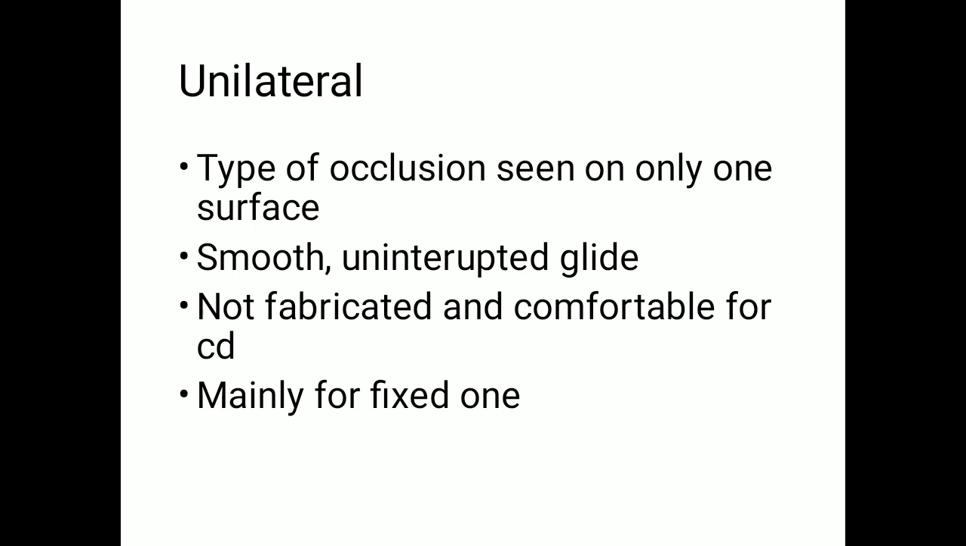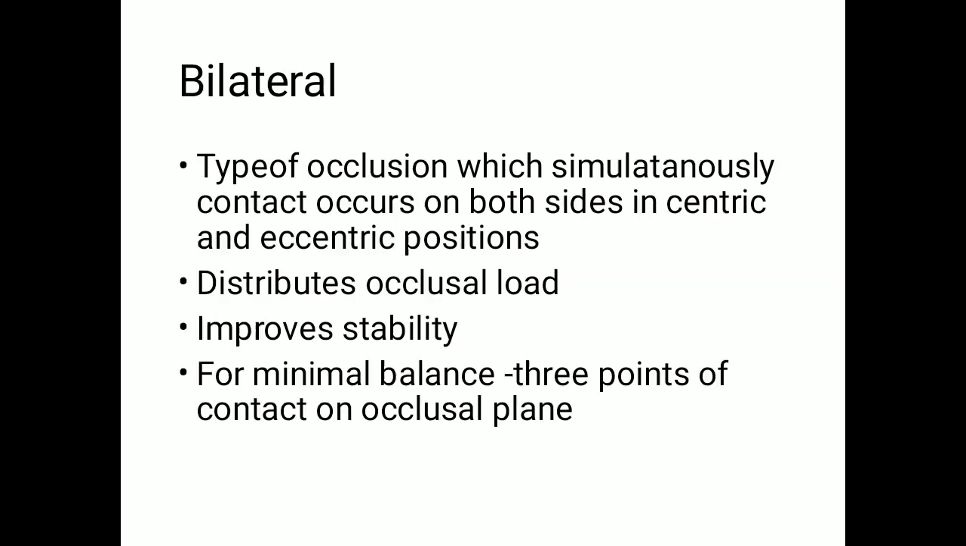First, we go into unilateral balanced occlusion. This type of occlusion is seen only on one side. It is smooth and also has uninterrupted glide. Because it is only on one side, for masticatory purpose and also retention purpose, it is not comfortable for complete denture. It is mainly for fixed partial denture. The next